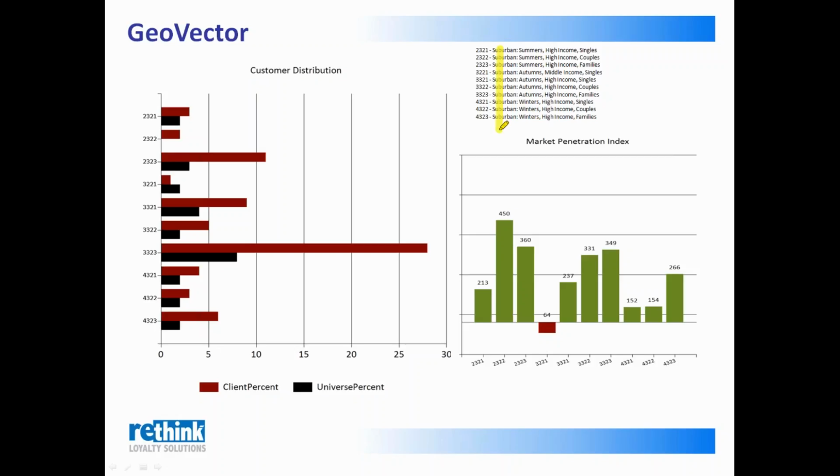So there's 3 values for urbanization. You have suburban, urban, and rural. There's 4 values for age: spring, summer, autumn, and winter. 3 values for income: high, medium, and low, and then 3 values for family type: singles, couples, and families. By removing granularity, because we looked at income, we saw 0 to 15,000, 15 to 24,000, 25 to 34,000, and so on, it helps group them into more